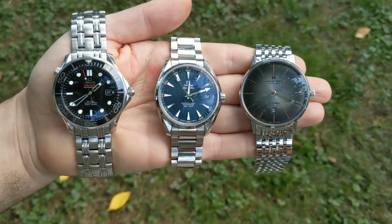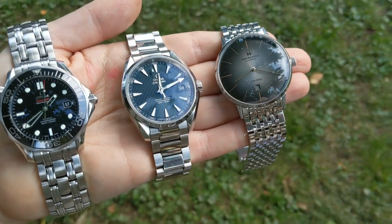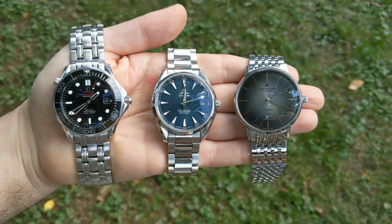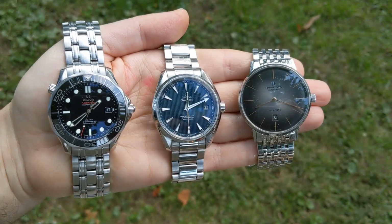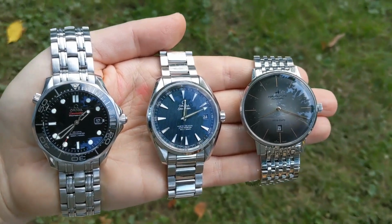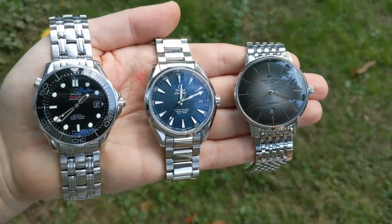You can see here the Seamaster Pro lugs are shorter than the Aqua Terra's and a little less bulky as well. So hope this was helpful. And if you're in the market to buy either a Seamaster Pro or an Aqua Terra, I find really any watch you would go for,